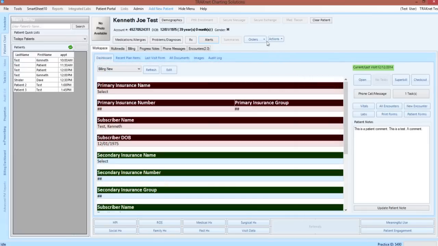The Orders drop-down menu will be where lab orders, radiology orders, and pathology orders can be generated and recorded for this patient. We cover generating orders in greater depth during our meaningful use training. Directly next to the Orders drop-down menu is the Actions drop-down menu. This menu contains several other options for adding information to the patient's chart. As most of this information refers to meaningful use, we will cover this in greater detail during our meaningful use